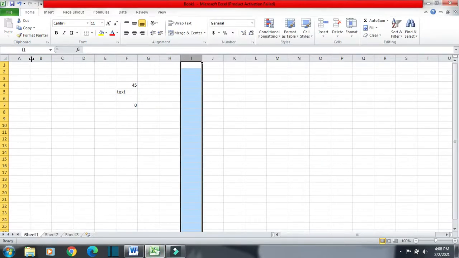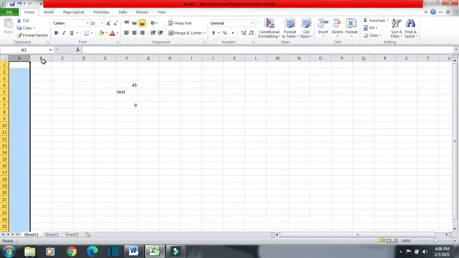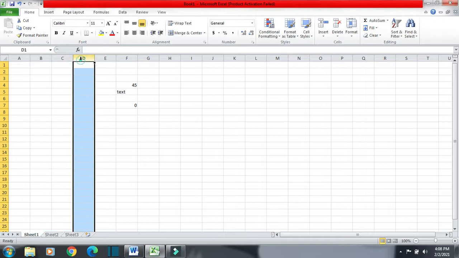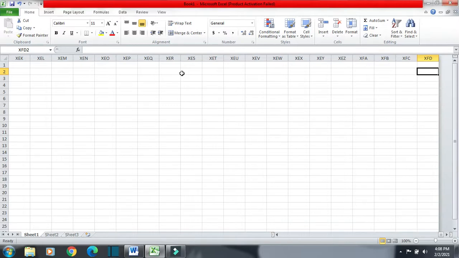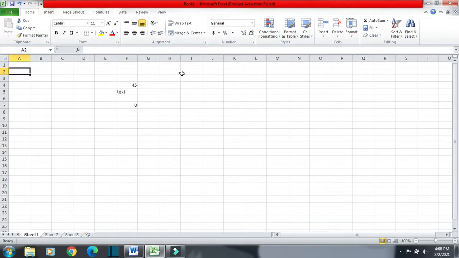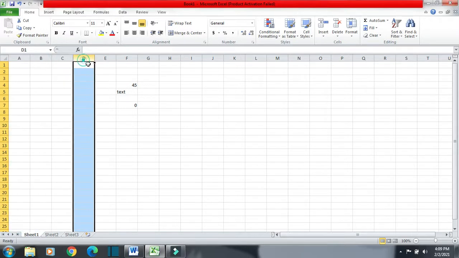So these are columns starting from A, then we have B, C, D like this. After Z, you can see we have AA, then AB, then AC, and likewise the last one is XFD. So these are all together called columns.